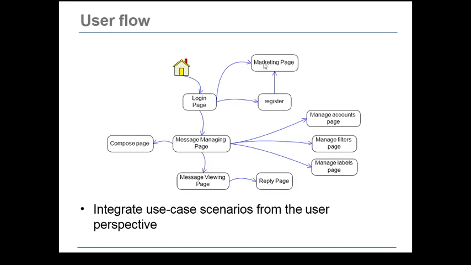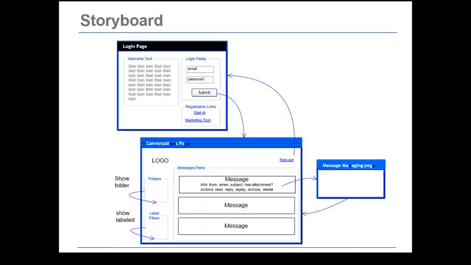So this is the scenario, or you can say the user flow of the particular integrated use case scenarios from the user perspective. So, storyboard. This is the main example, as we will see in this diagram, the example of a storyboard. How does it look? There will be a login page. The user just enters their email and password, then clicks on the submit button, then the next page will open,